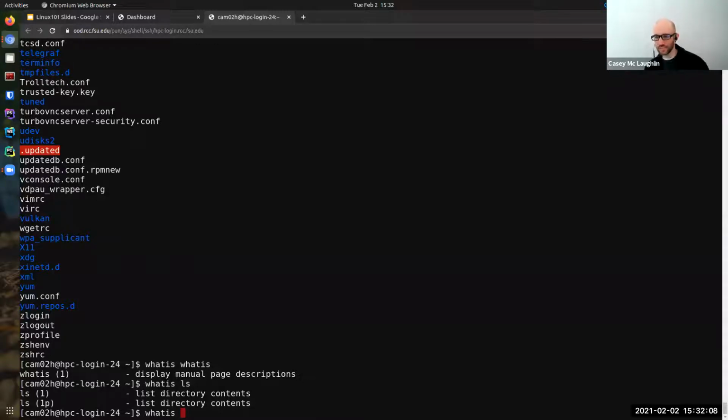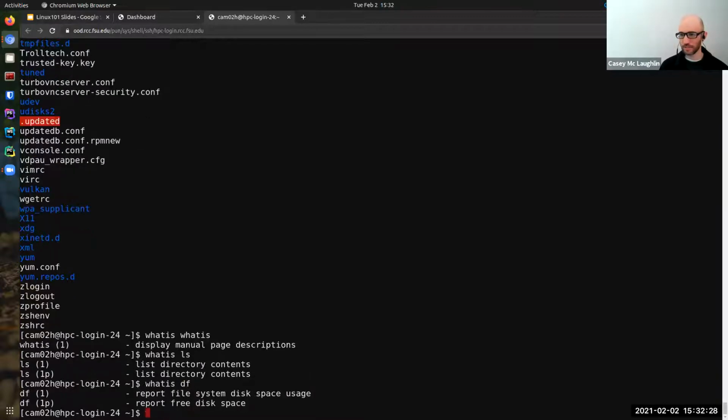Just know that if you get multiple lines and multiple explanations, usually if they don't contradict each other, you can use them. And I've never seen output from the what is command that contradicts itself.